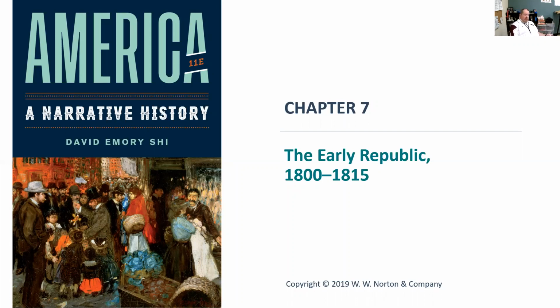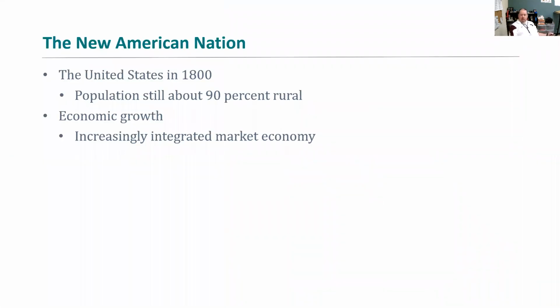So in 1800, the United States is still a new nation, right? We're still an early country. The population of the United States at this point is still predominantly rural. And you'll see that's going to continue for a significant amount of time. We're founded as an agrarian nation, meaning a nation of farmers. We're going to remain a nation of farmers through the entire first semester of this class, right?